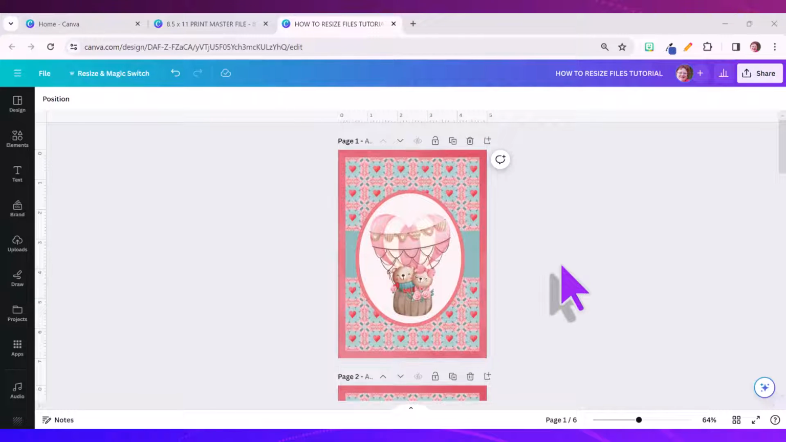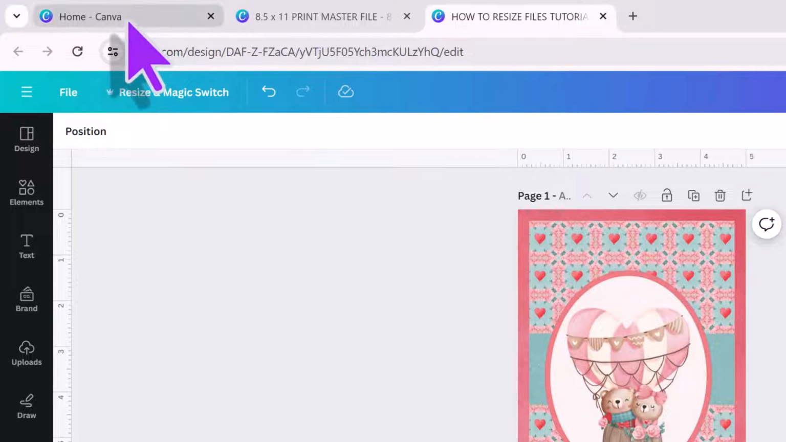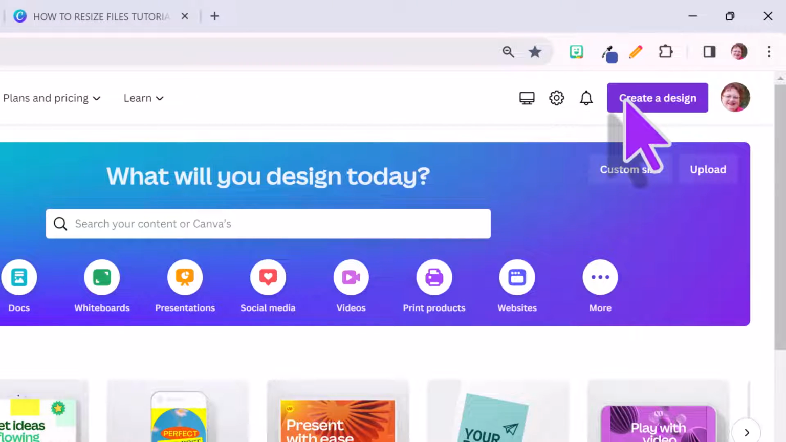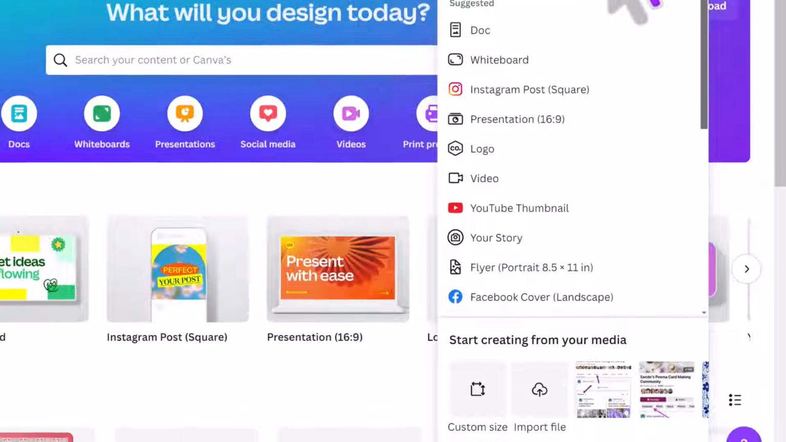I'm scrolling up here to the top again. Here is my completed card. So the first thing that I'm wanting to do is go back to the main Canva page and open a different document. To do that, I'm just going to go up here to Canva, go to Create a Design, just like we did before,